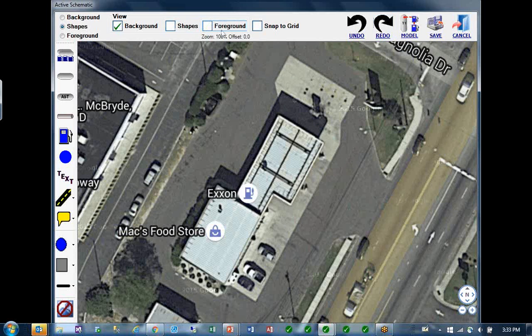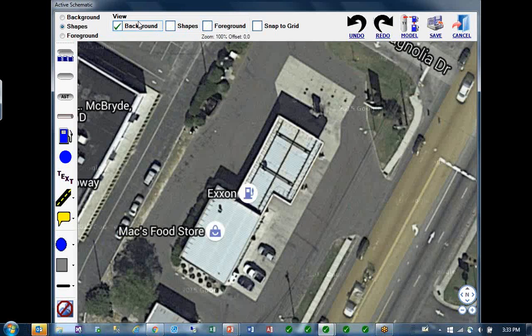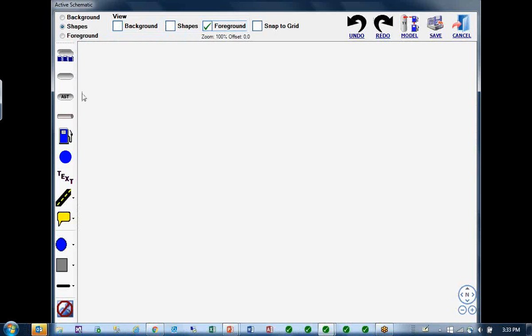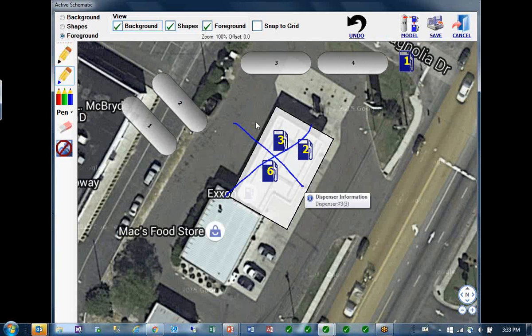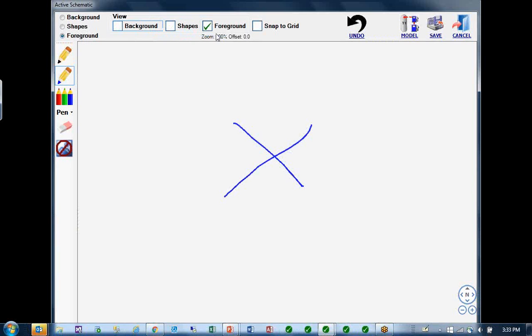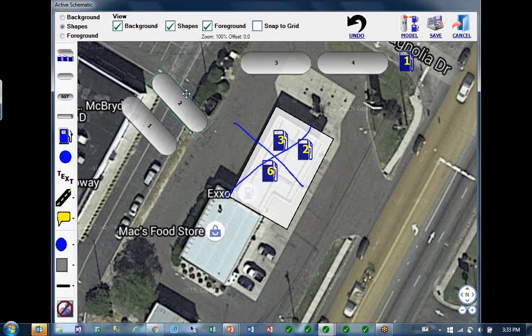So there's a background of the diagram, which is the shapes, and then there's the foreground, and the foreground is anything that you've drawn on the diagram. So you put the diagram together, but you can have those separate layers stored separately and then downloaded separately, so that at the next inspection, you don't just have a picture of what was drawn previously. You have an interactive diagram where you can go in and